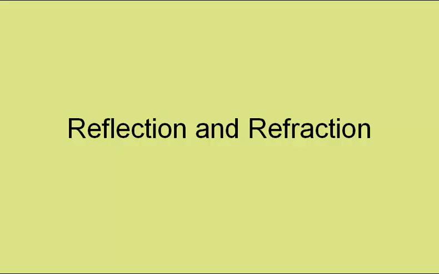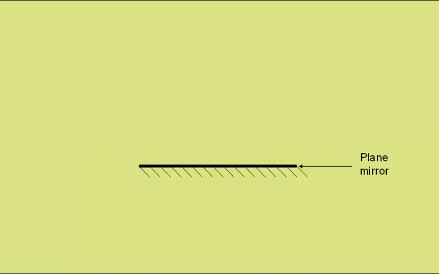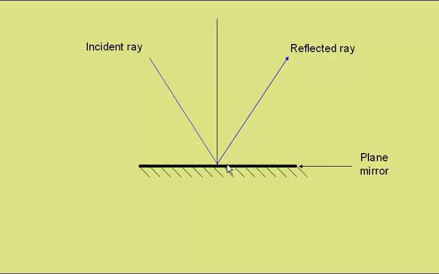Reflection and refraction. First I'll look at reflection of light from a plane mirror. So we have a ray of light coming towards a plane mirror and reflecting something like this. We call this the incident ray. This is the reflected ray, and if we draw a line at 90 degrees to the mirror, which we call the normal,